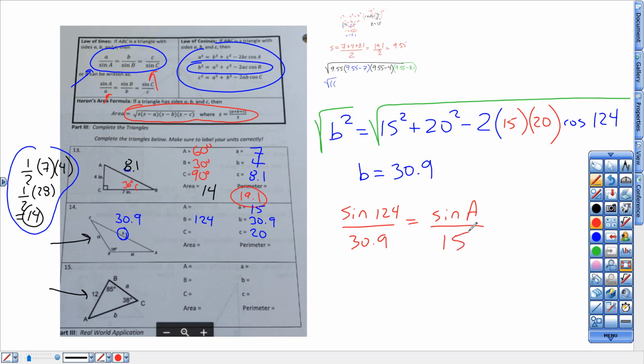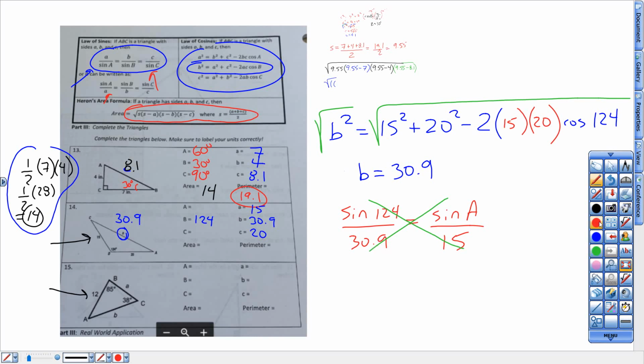Because again, I'm using this formula here, where by definition, the sine of an angle over that piece is equal to the sine of this one over this piece. And then technically to solve this one, you're going to do a big mess. You're going to have to multiply this way,